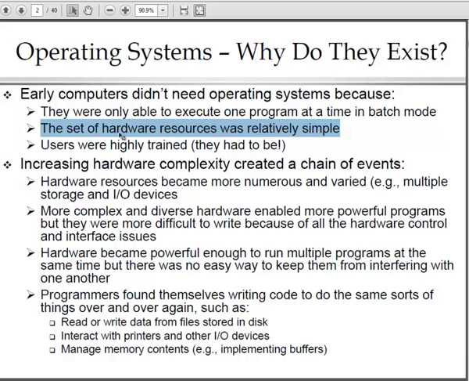The users who, quote unquote, used, actually a better word would probably be operate, that computer were highly trained, and basically they had to be because they were interacting with that computer at a very low level. Once again, no keyboard, no mouse, no point and click, no windows, no graphical display. Not even a command language, for those of you old enough to remember, such as MS-DOS or one of the various command-oriented shells in Unix or Linux. Nothing like that. If you were going to interact with the computer, you had a row of switches on the front, which basically represented binary numbers,